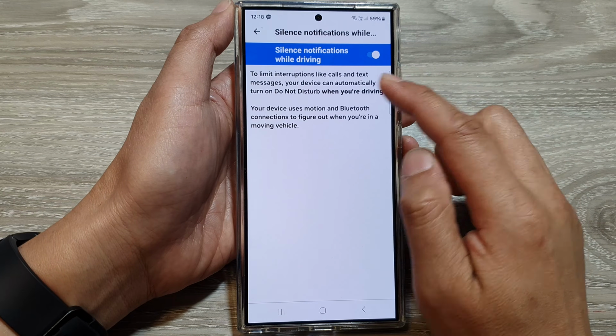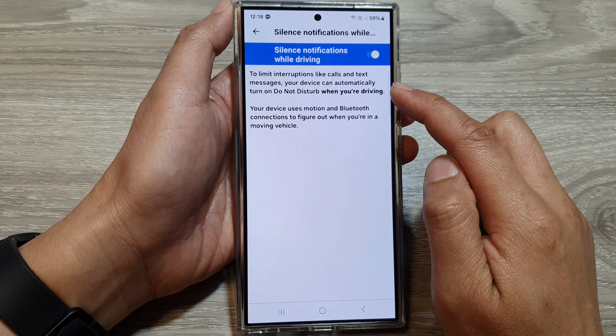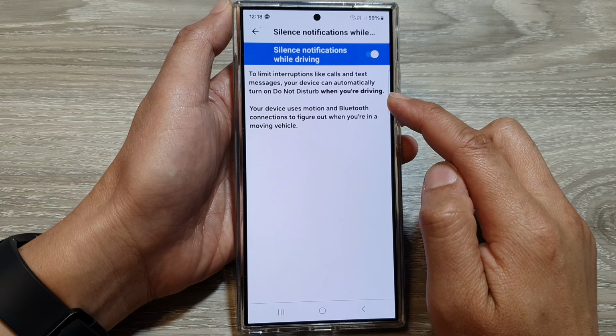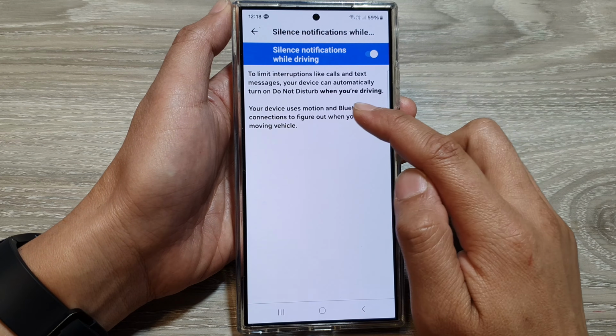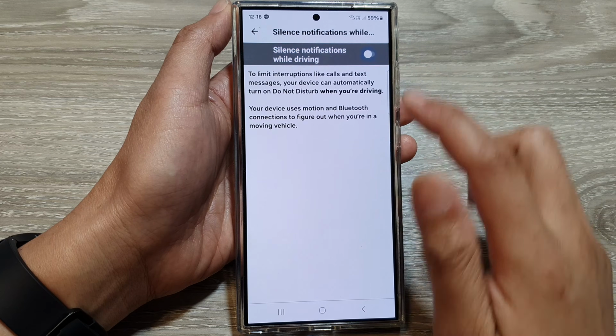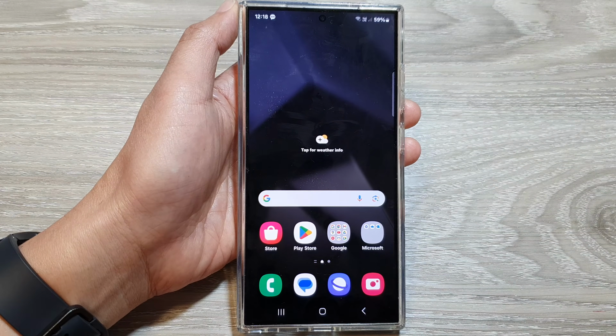Now at the bottom here it says to limit interruptions like calls and text messages, your device can automatically turn on Do Not Disturb when you're driving. And that's it. Finally, tap on the home button to return back to the home